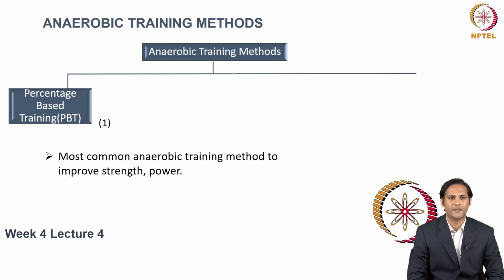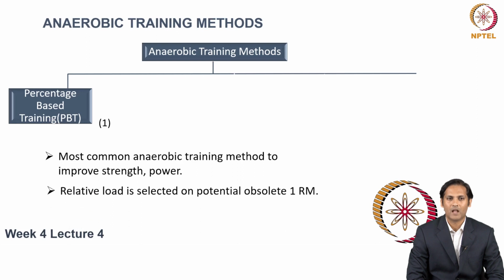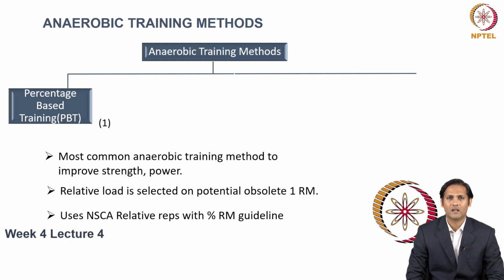Now, what is the person-based training method? It is the most common anaerobic training method to improve strength and power. Relative load is selected based on potential absolute 1 RM. For that, the National Strength and Conditioning Association relative reps with percent RM guidelines is used,